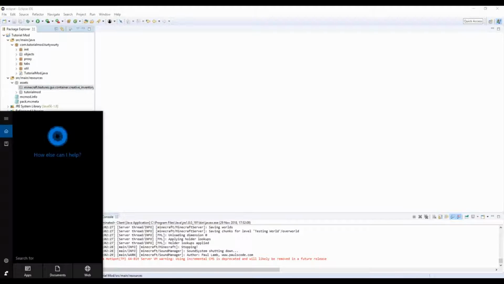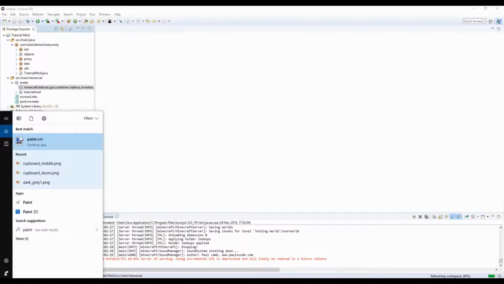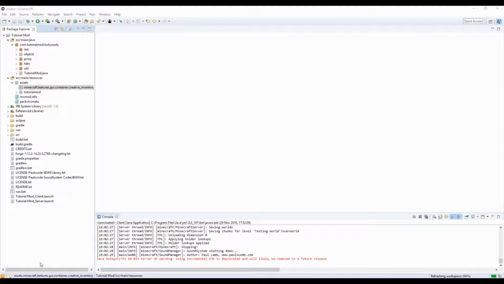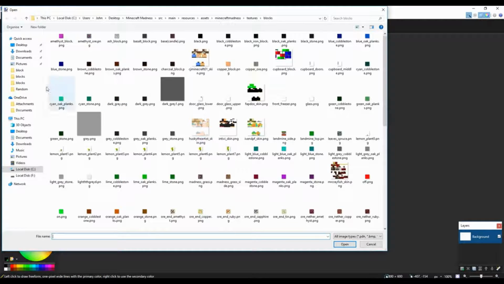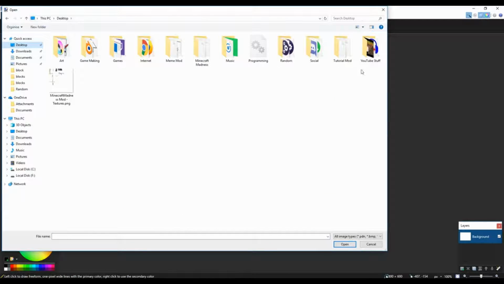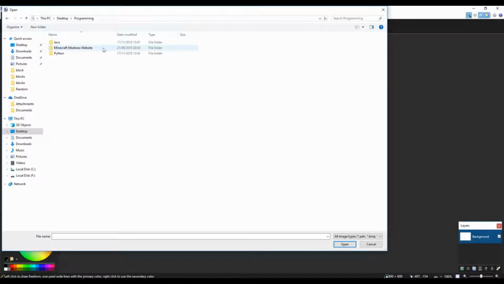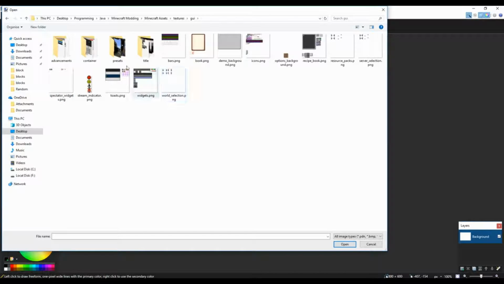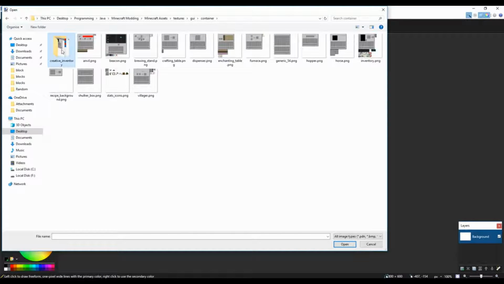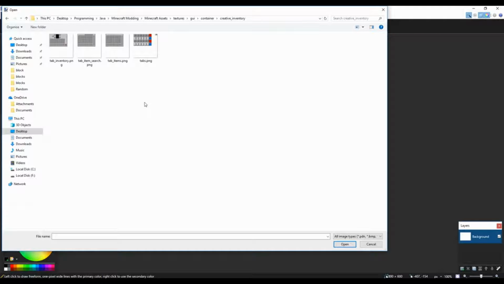So what you want to do is go on paint.net, or your chosen art program, and open from the Minecraft assets. So I have these in here. So we want textures, GUI, container, creative inventory, and